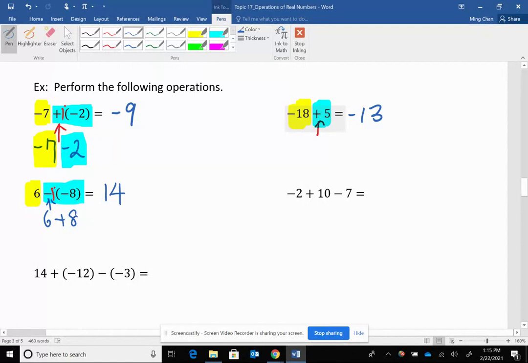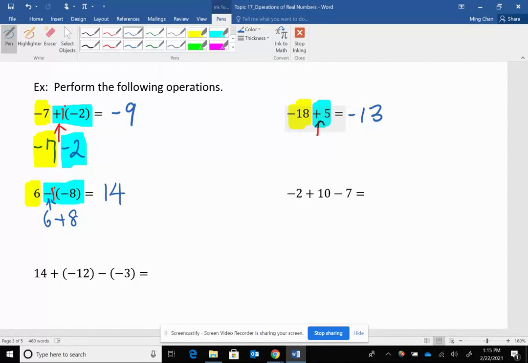All right, now here we go. According to order of operation, we always got to do addition and subtraction from left to the right. Okay, I hope you remember that. Now, it gets a little bit weird here. Now, according to these